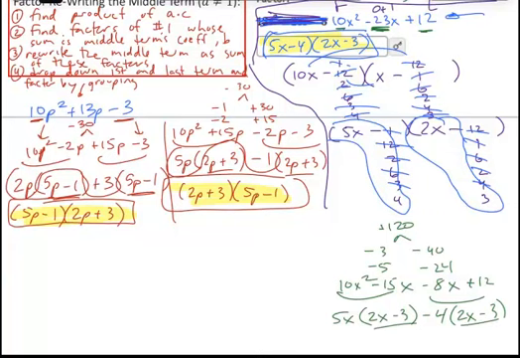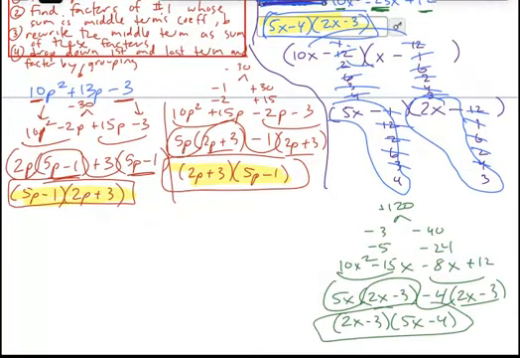If I've done this correctly and it's factorable, I should have a common binomial factor, which I do. And my remaining monomial factors of 5x and negative 4 form the terms of my other binomial, and I get the same